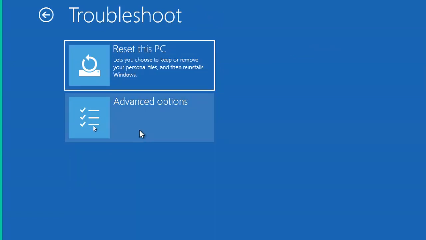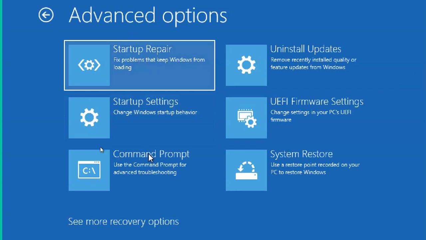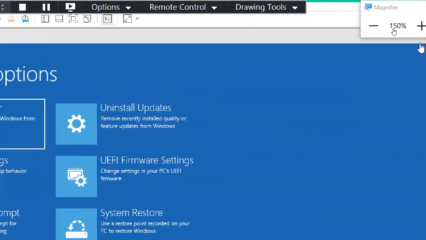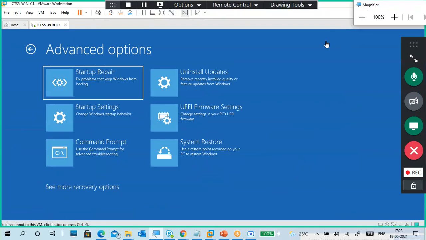I went to advanced options, and these options are there, plus system image recovery in the more options. Startup repair, uninstallation of updates, firmware settings, system restore, command prompt, and startup settings. Okay guys, up to here, advanced options.